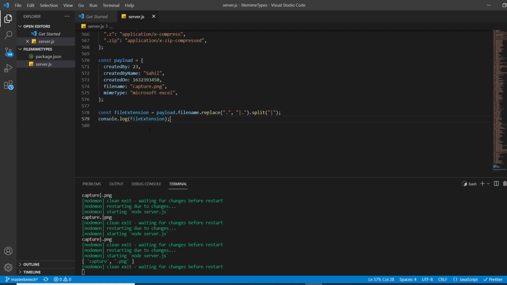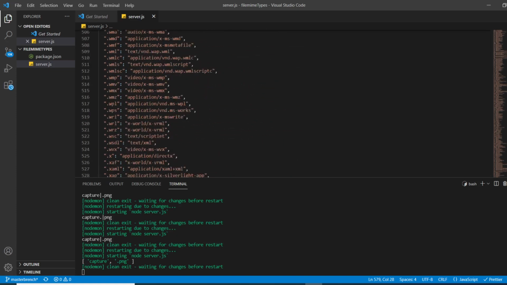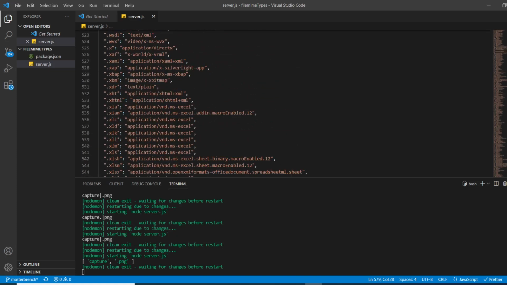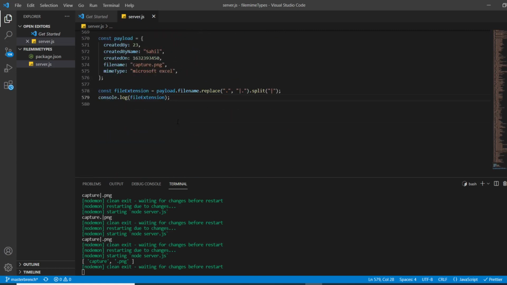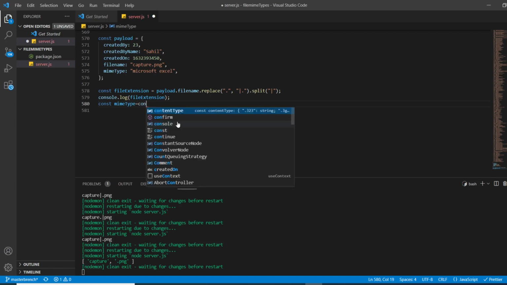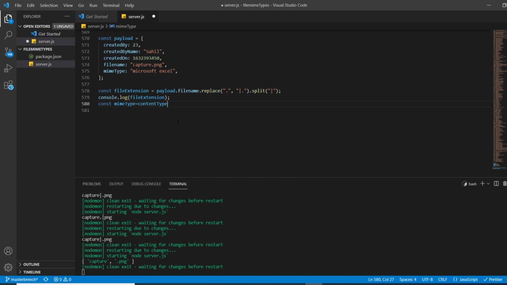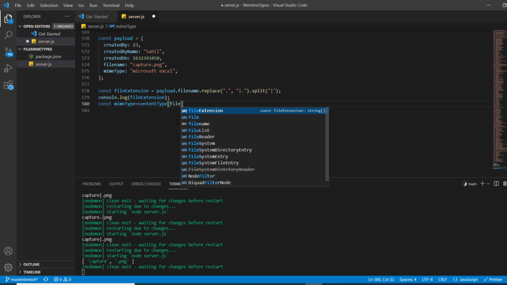Now what we have to do is search the .png extension in our mime type object. So we can simply write const mimeType, and then content name, and in this content name we have to find the file extension.